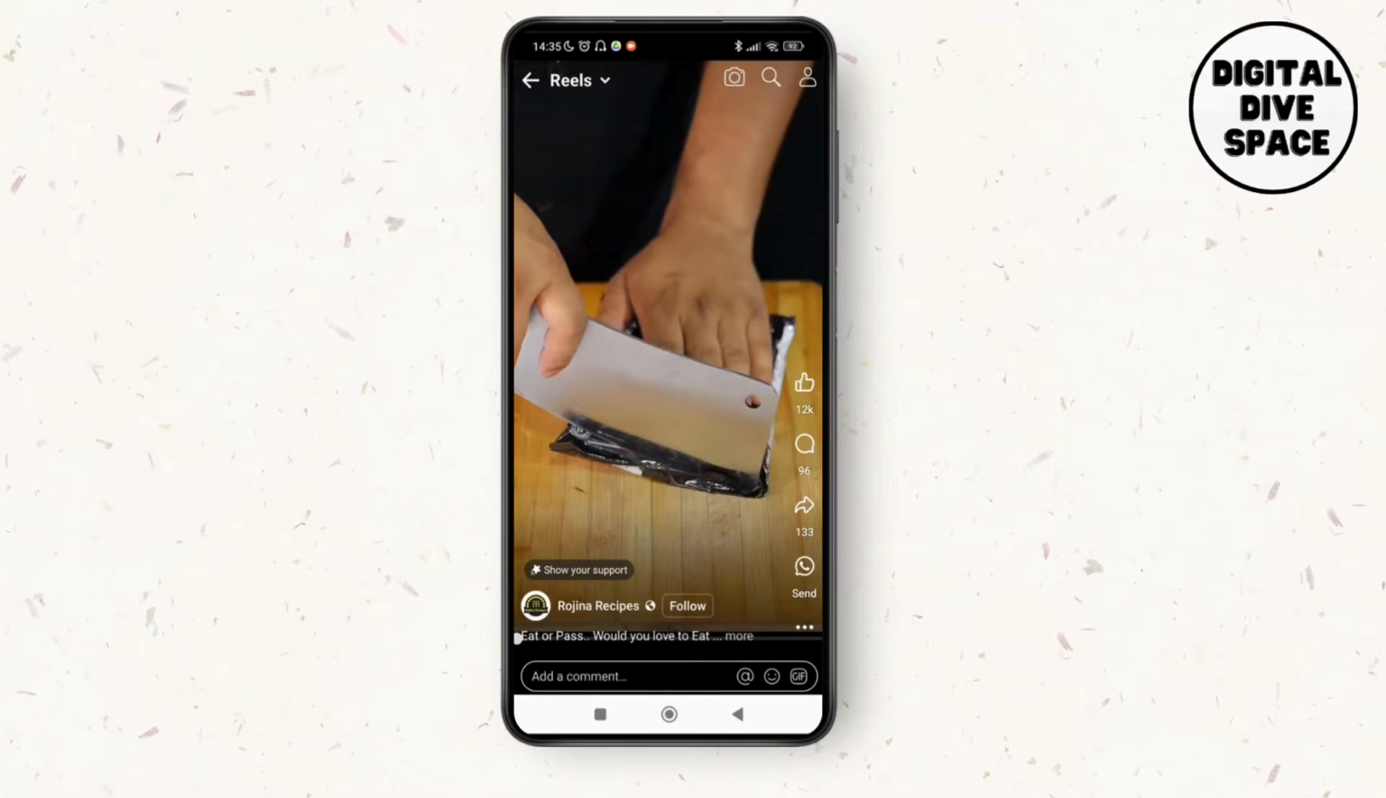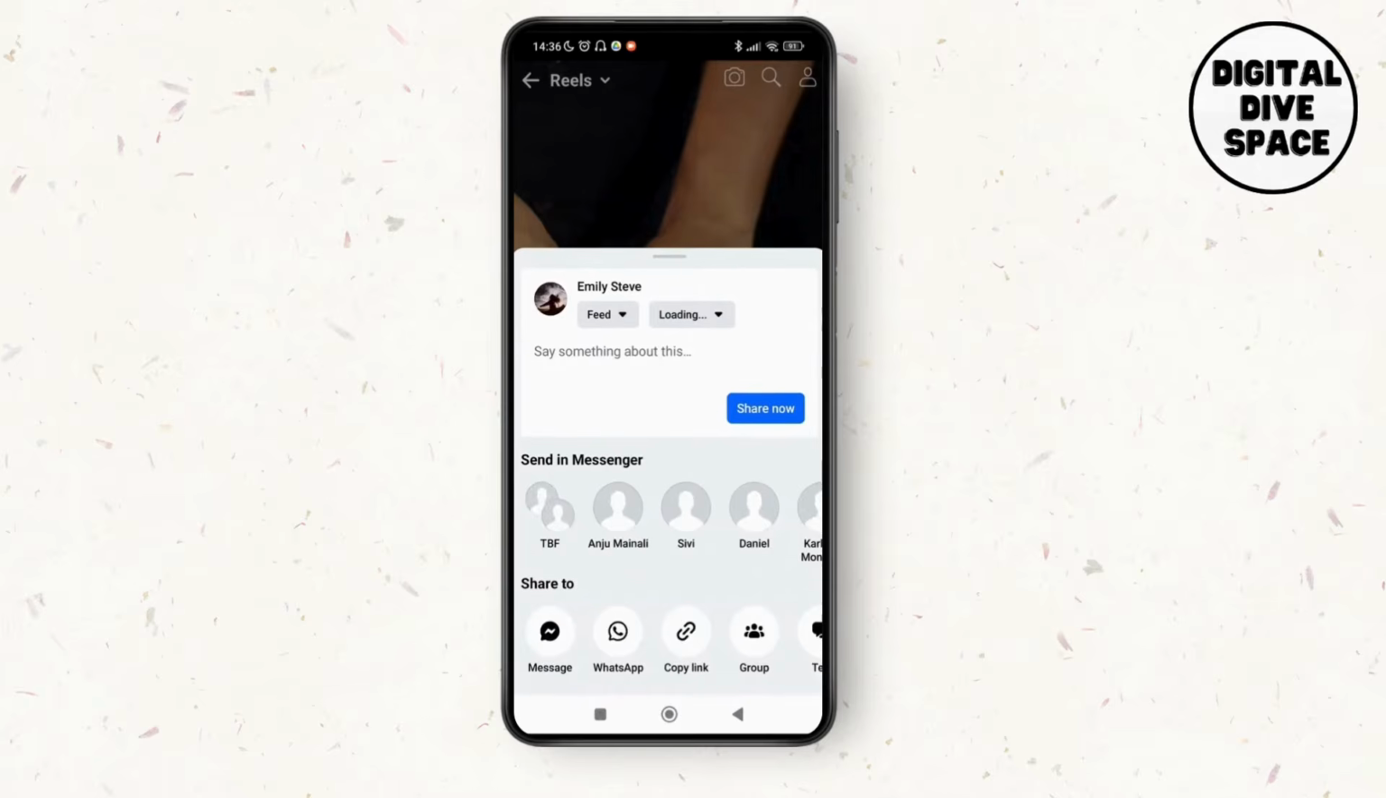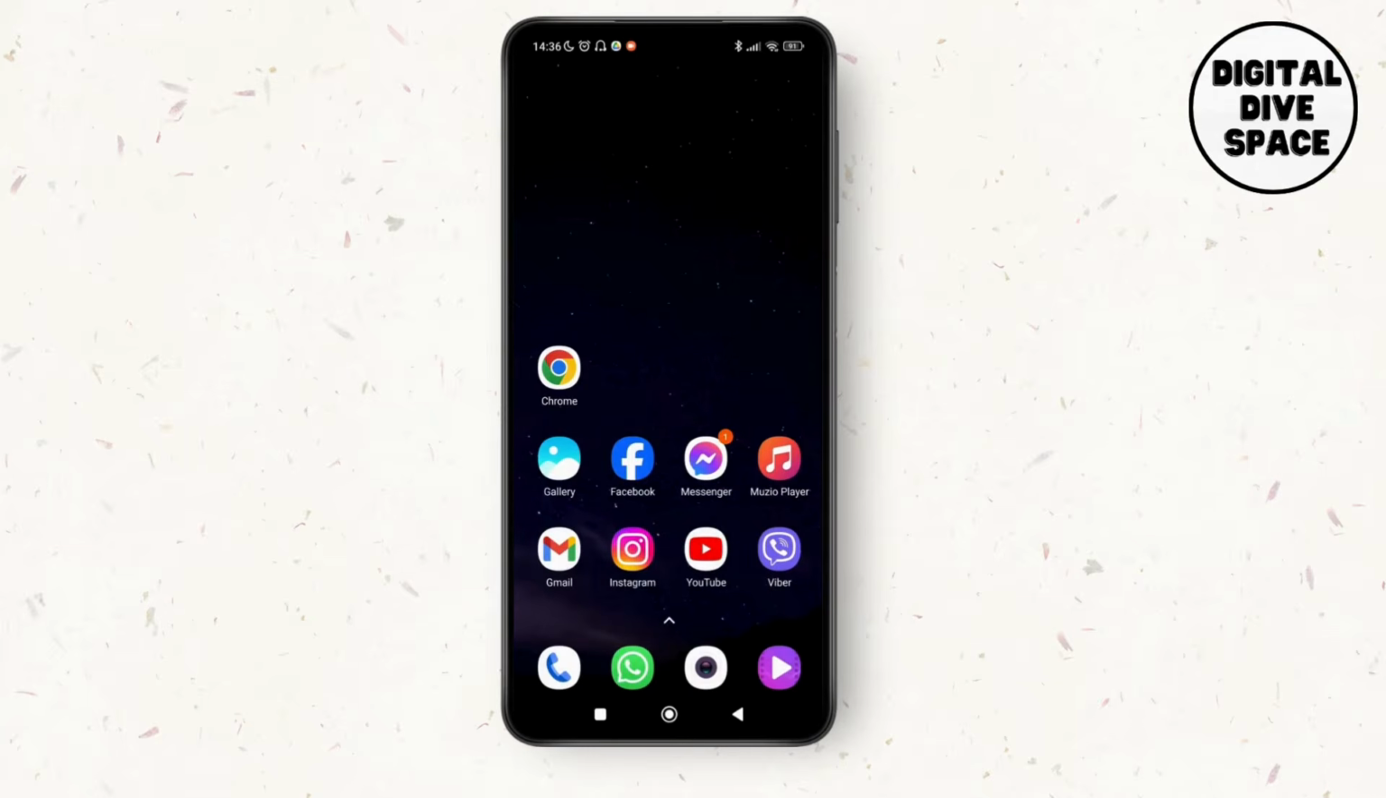Then here you can see the three dotted lines over here, or you can just go for the share option, and you can see the option of copy link. So just tap on copy link. Now exit from your Facebook application and go to your Chrome browser,